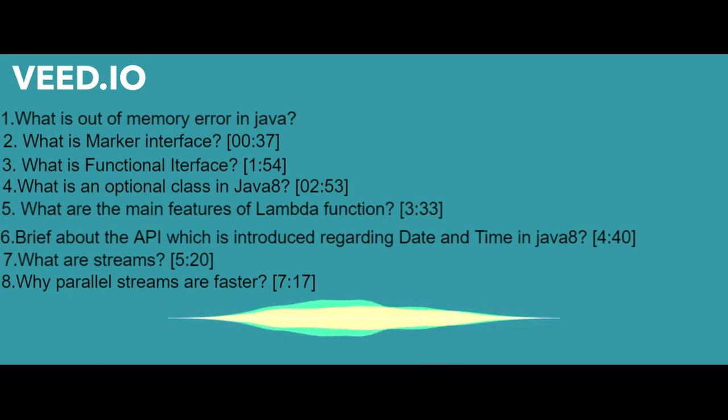A functional interface is something where, see, generally in interfaces we only have the declarations of the methods, right? There are no definitions till version 1.7, but in Java 1.8 we have the opportunity to define methods too. So if we define some method in an interface, then that interface will be a functional one.